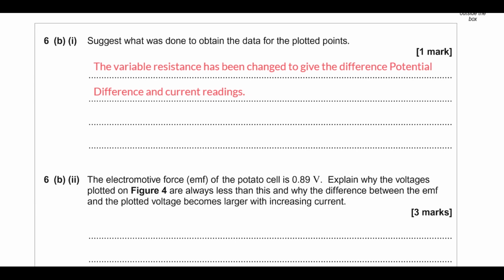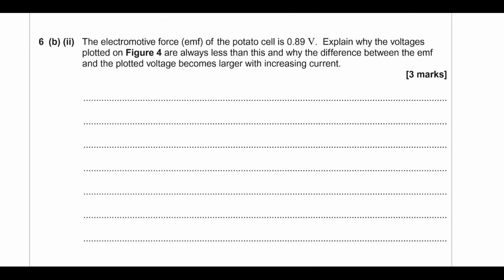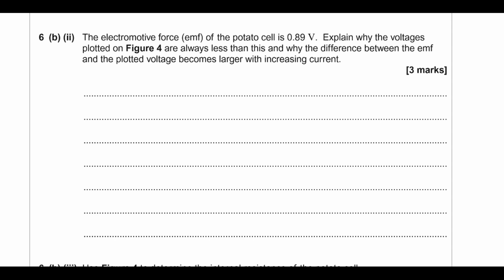It says the EMF of the potato cell is 0.89 volts. Explain why the voltages plotted in figure 4 are always less than this, and why the difference between the EMF and the plotted voltage becomes larger with increasing current. First of all, the terminal voltage, or the voltage across the rest of the circuit, is going to be the EMF minus the current times the internal resistance. So in terms of why this is always less, the current is never zero, therefore there's always a value subtracted from the EMF,